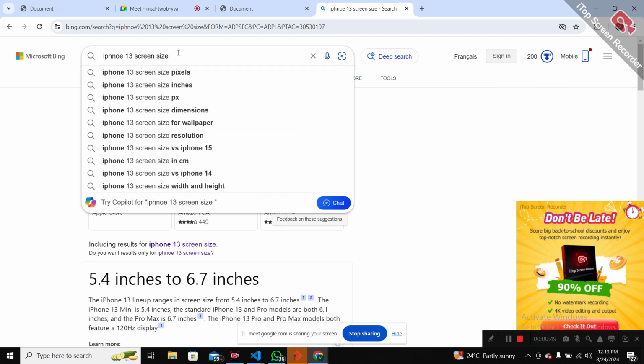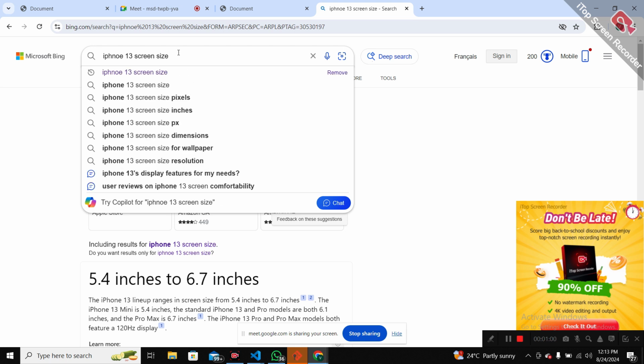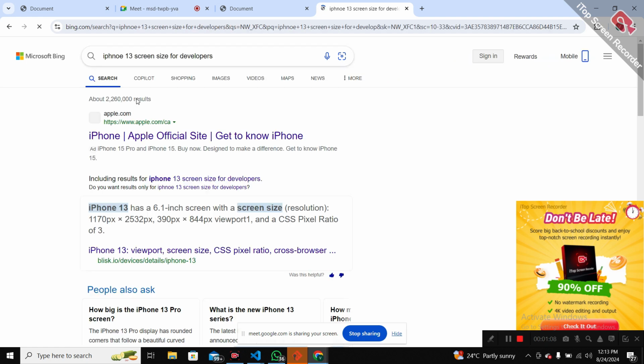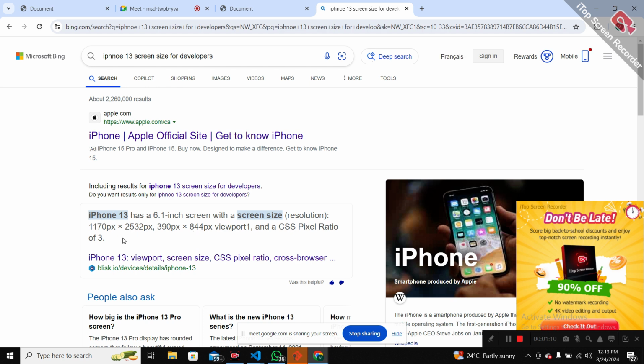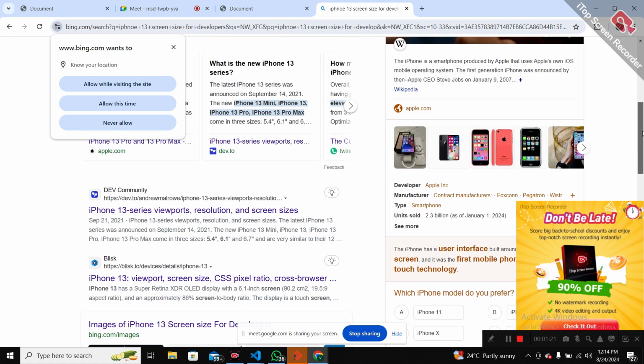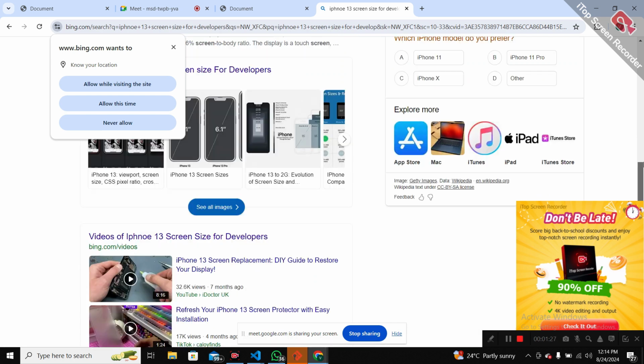Screen size for mobile responsive, or you can say for developers. For developers. Do you see what the thing is telling us now? Screen resolution, this. So from here, this will help you know the size which you are going to use when creating your mobile